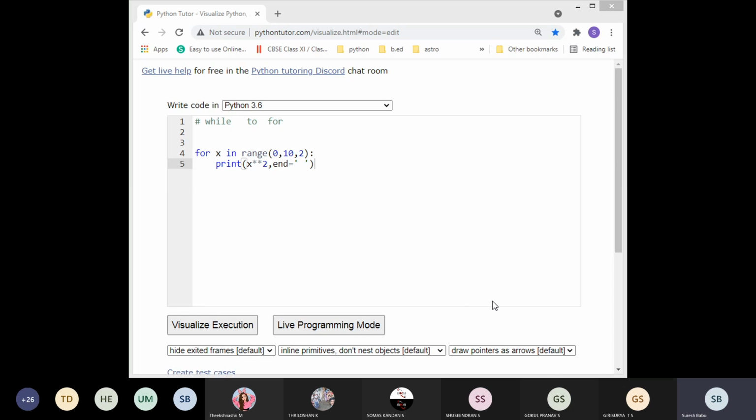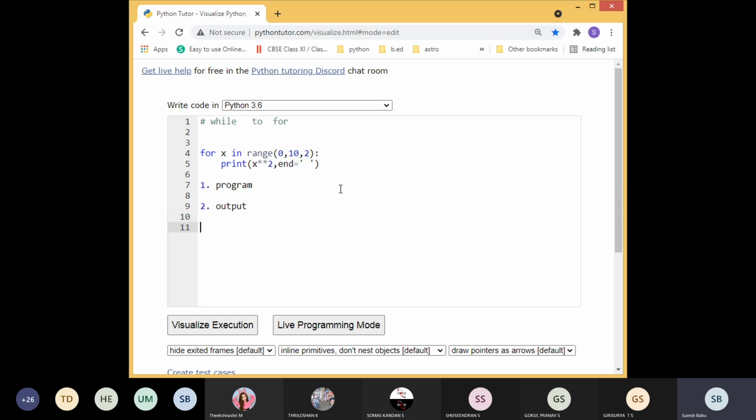First, they will ask you to write a program. Second, they will give the program and ask you for the output. Third, they will give a wrong program and ask you to correct it. That is called debugging: finding and correcting errors.